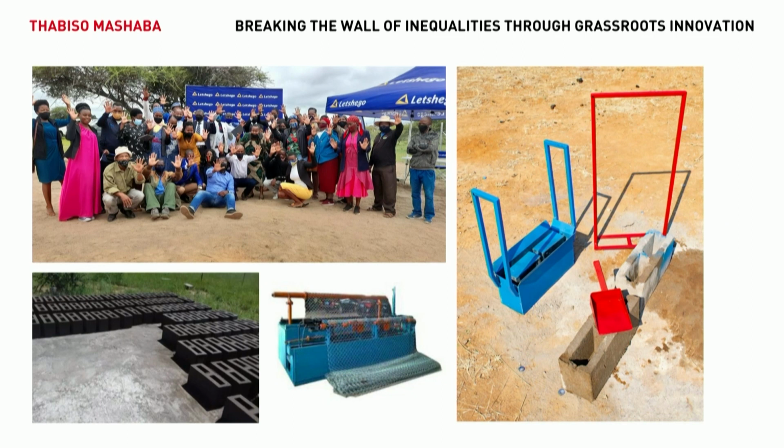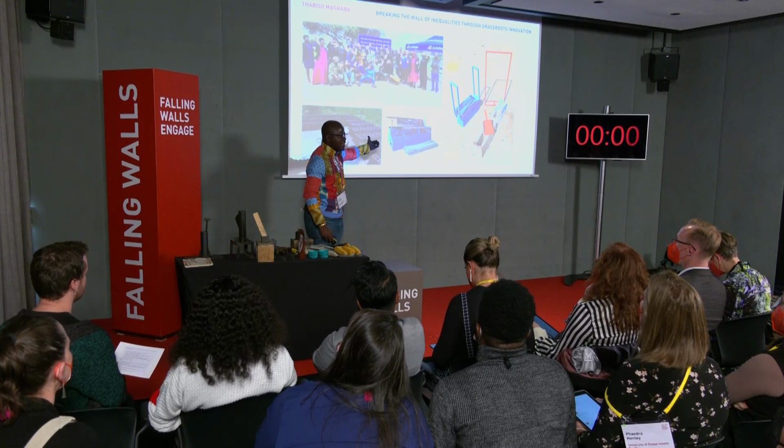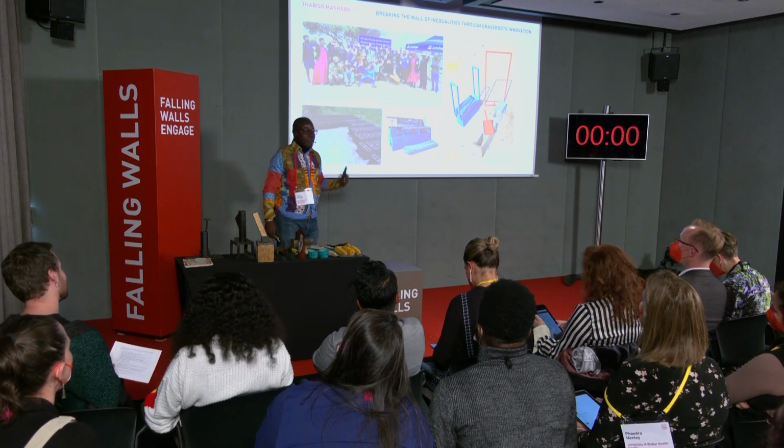And the impact that we're seeing is that in a community as simple as one in Botswana, the people can come up with a simple technology like that one, which helps them produce bricks. After selling the bricks and making about 1,500 euros, they're able to buy more advanced machinery, which then helps them to earn a living better.